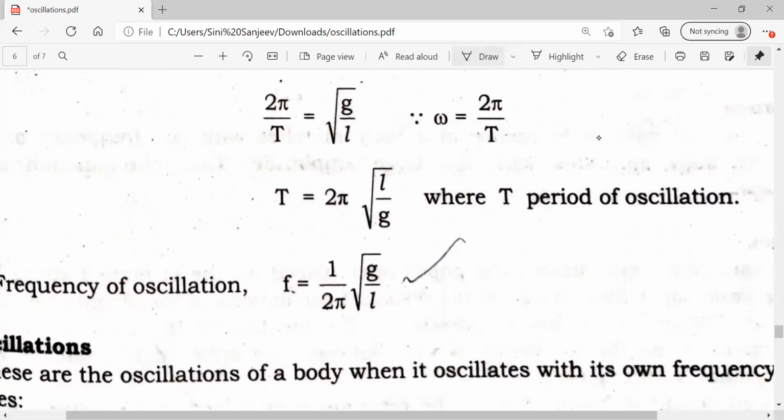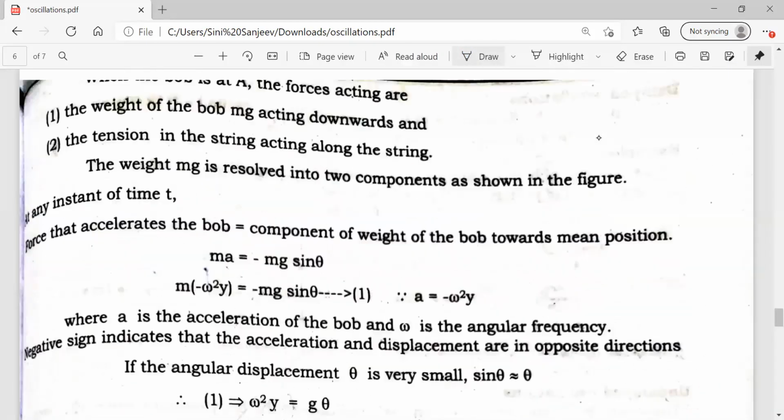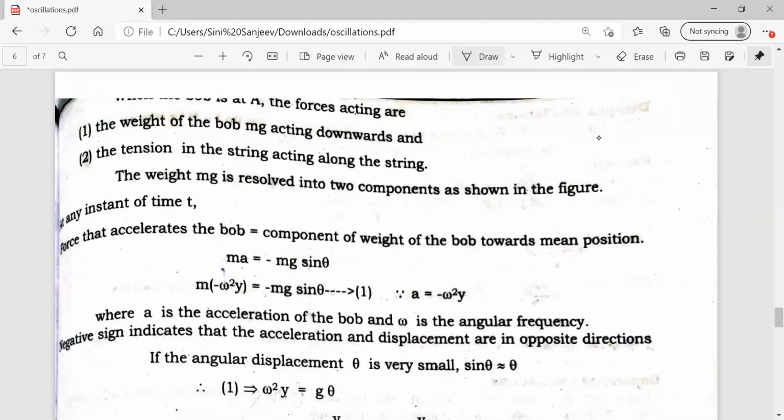Clear? And coming to this, let me just put it in a box. How to derive this, I'll tell you. Now here, there are two components, vertical component and horizontal component. Maybe in complex numbers you know this: x square plus y square is equal to r square, where x is equal to r cos theta and y is equal to r sin theta respectively. How many of you don't know this? In the chapter complex numbers, we got polar coordinates: x is equal to r cos theta, y is equal to r sin theta, and x square plus y square is equal to r square.